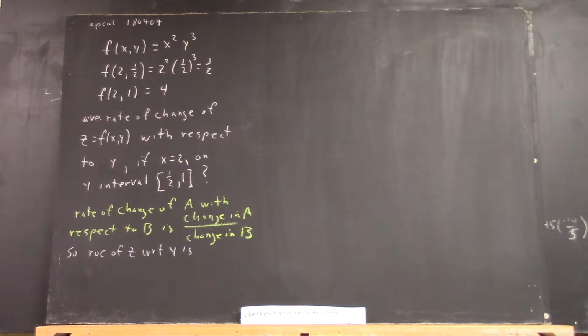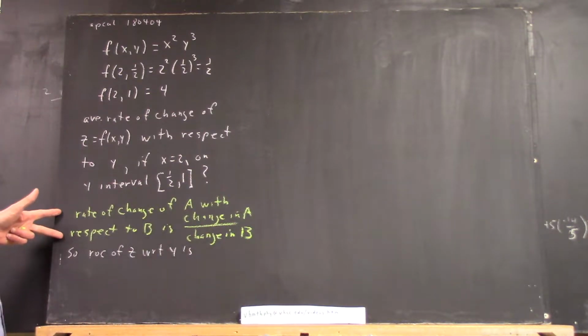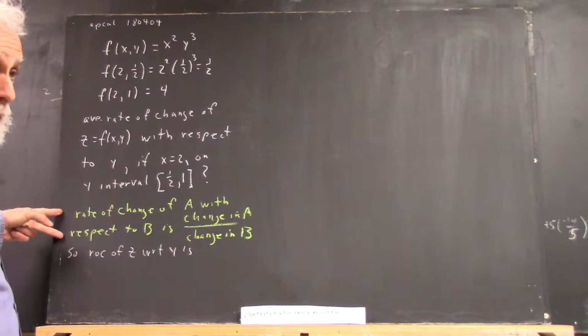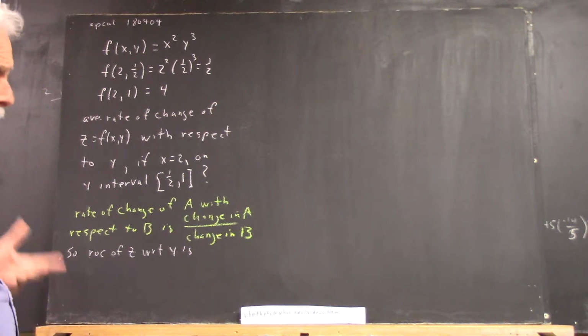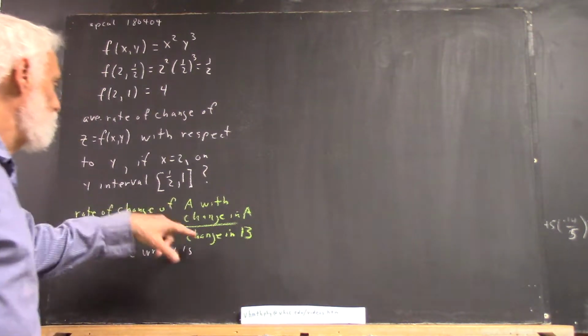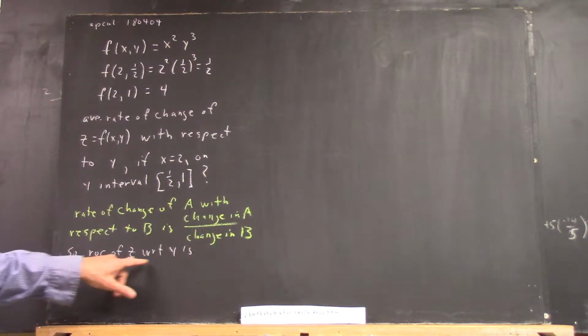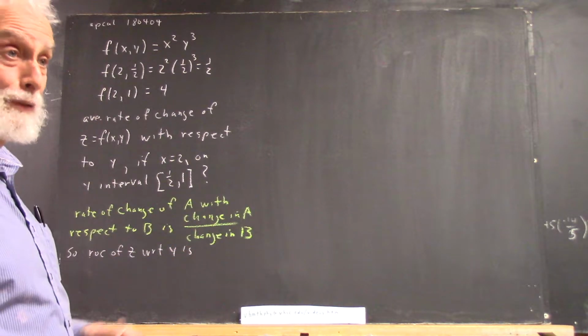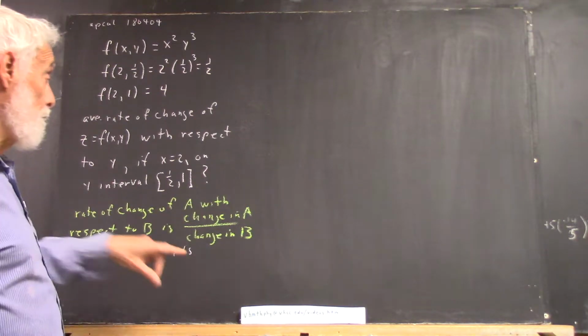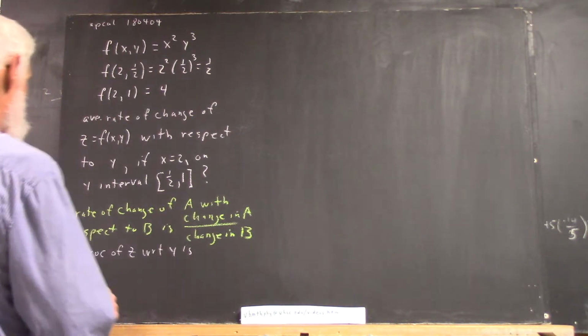Okay, so here's a definition of average rate of change. It's one I like to use. It doesn't involve x's and y's. It's more generic, so we don't get hung up on the name of the variable. Okay, so with this definition, the rate of change is z with respect to y, and you just told me exactly, and you did that pretty much immediately. Very good. Rate of change of z with respect to y is